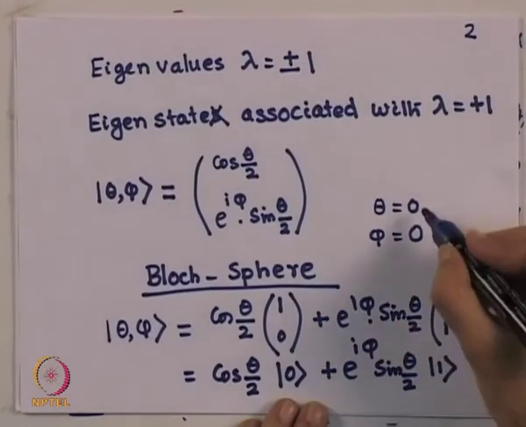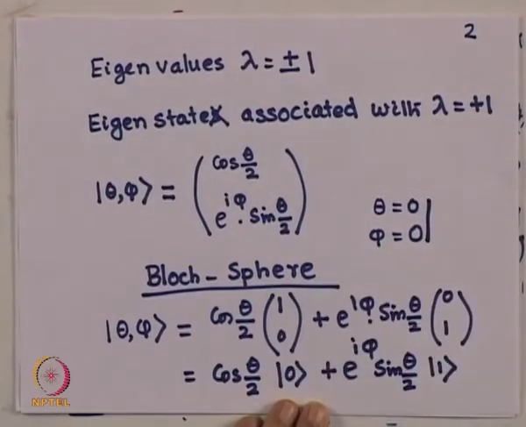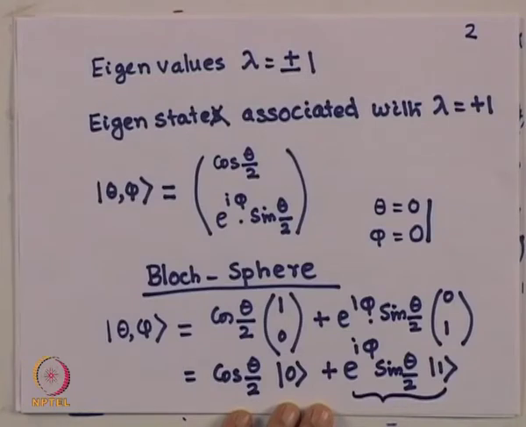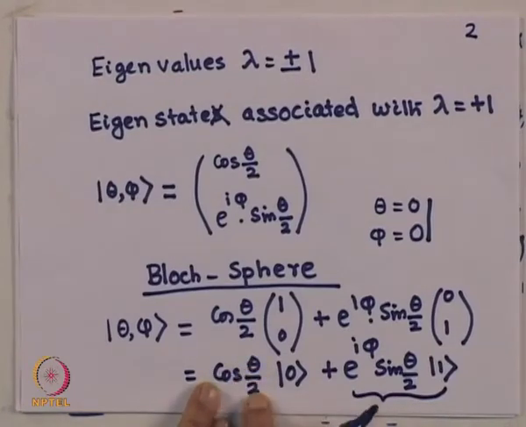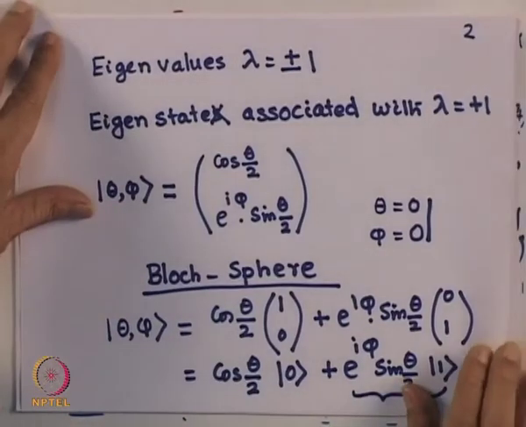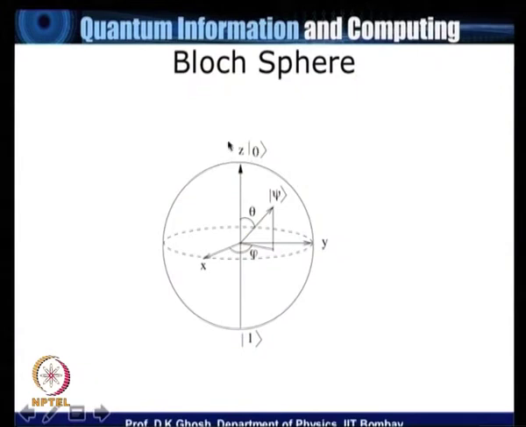Now, supposing I take the state which is theta equal to 0, phi equal to 0, put it here. You notice because theta equal to 0, this term becomes equal to 0. And since cos 0 is equal to 1, so theta equal to 0, phi equal to 0, which is nothing but the north pole in the slide that I showed you. So, north pole corresponds to the state 0. Look at that picture there. So, this is the picture on the slide. This is the point which stands for the state 0, that is the north pole.